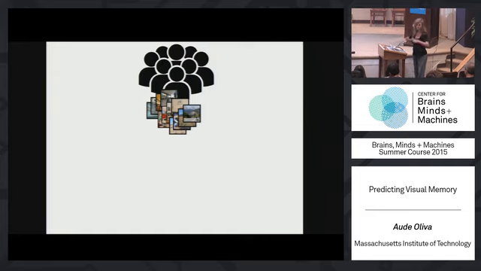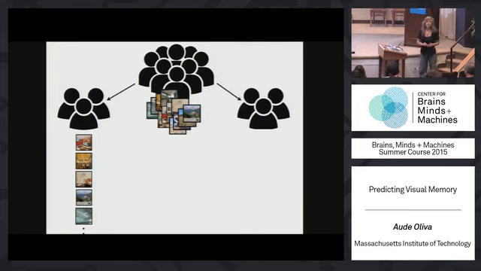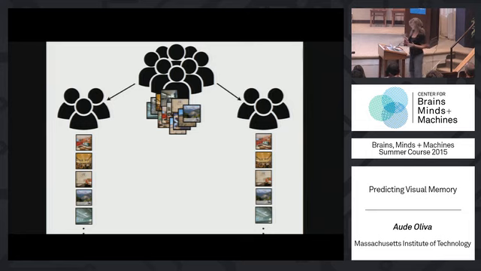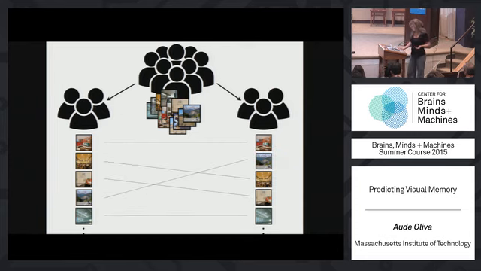You have a group of people looking at those images, and we have the memory score. And you can split the group into two and rank, according to the average of the first group, the images from the most memorable to the least memorable. And then you can also rank the same images in the second group. If the two groups were identical to each other, you would get a correlation between those two rankings of 1. And what we observe when we repetitively split the group into two like this is a correlation of 0.75, which is pretty high.